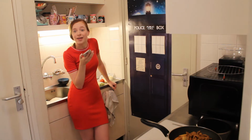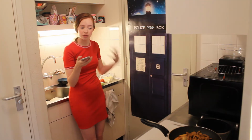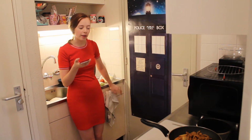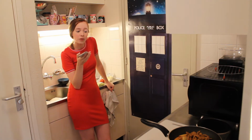Then we got out and we finally had the Kapsalon, and I was like, can we just go home? I really need to pee, because I wasn't even allowed inside to go pee. So I had to wait half an hour to pee because my boyfriend wanted the Kapsalon, right? I didn't even want anything. My boyfriend was like, can I eat it here? I'm like, no, we're gonna go home. It's about a 10-minute bike ride, which I still had to endure on the back of the bike, you know,